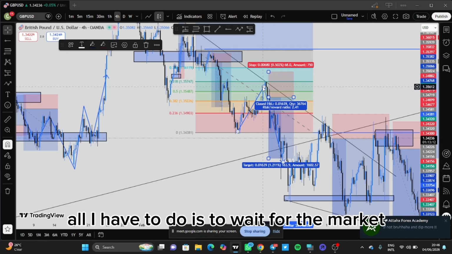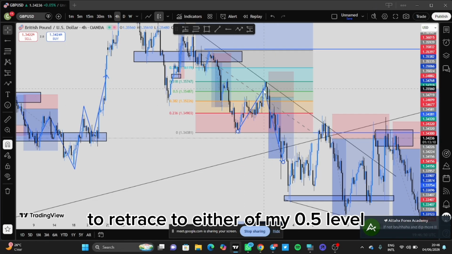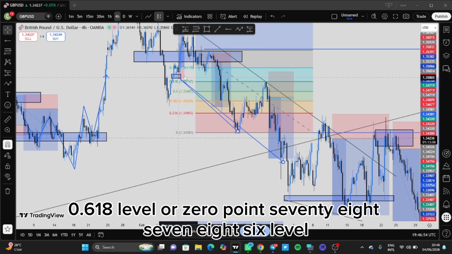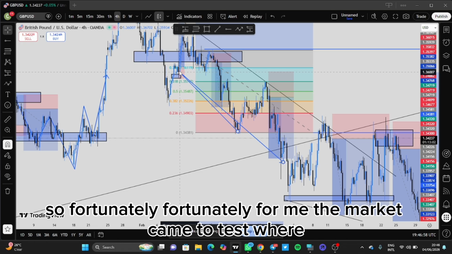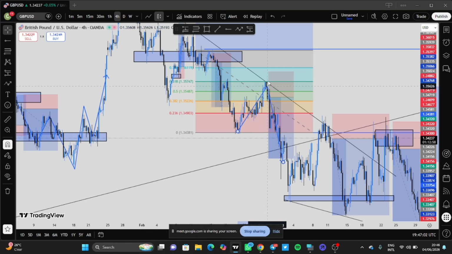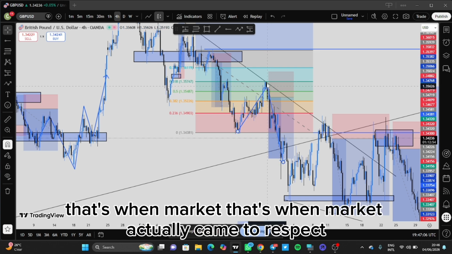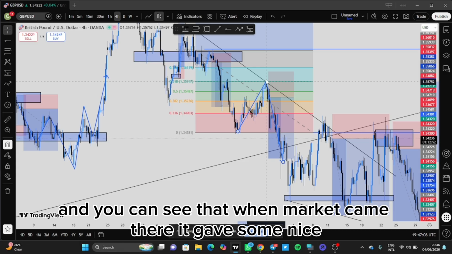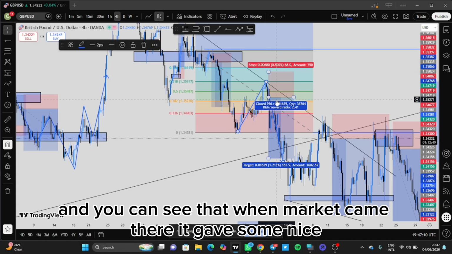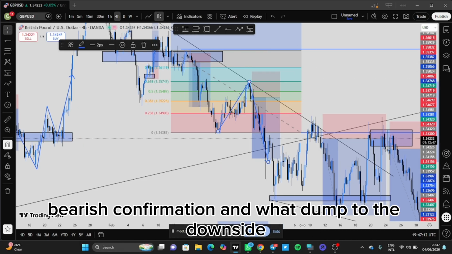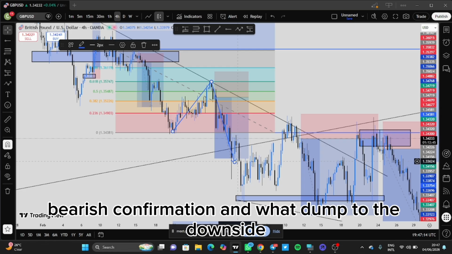So since that is in mind, I can know that okay, since I've drawn my Fibonacci very well, all I have to do is to wait for the market to retrace to either of my 0.5 level, 0.618 level, or 0.786 level. So fortunately for me, the market came to test my 0.618 level. That's when the market actually came to respect. And you can see that when market came there, it gave some nice bearish confirmation and dumped to the